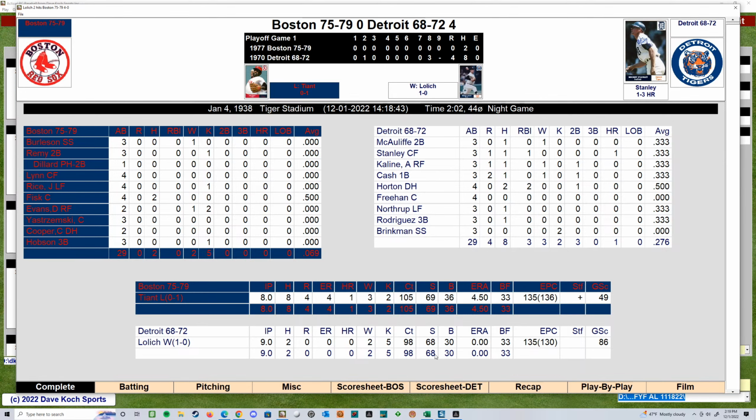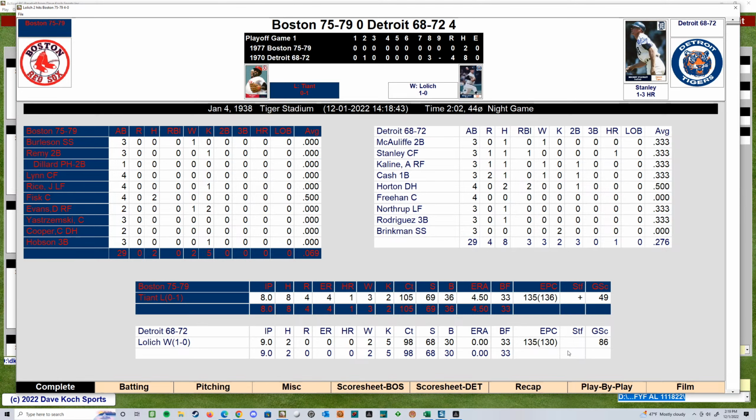Player of the game, yeah, Mickey Stanley looked like, 1 for 3 with that home run. Yeah, you look at that 2-hitter, really. I mean, shouldn't Lolich be the player of the game? I'm probably thinking so, with a full game shutout here. Gave up 2 hits. Fisk got them both. That's a pitching gem.